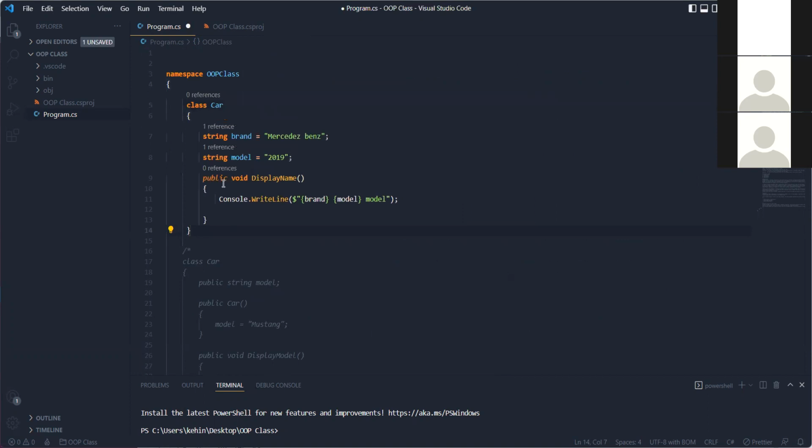So for example, this is a simple class called car. Whenever you are creating a class in C#, you use the keyword class, followed by the name of that class. For example, the name of our class now is car. Another thing you need to note here is that when you are creating a class, we make use of Pascal